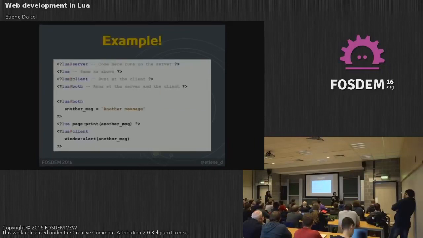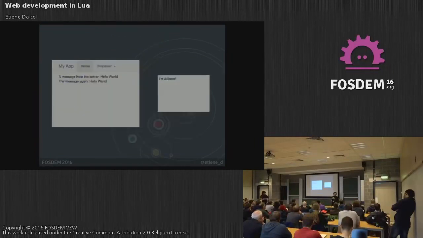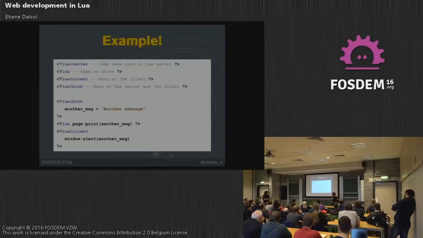Well, I do have more examples, but I'm not sure if I'll have the time to go through all of them. I'll give just this one more. So like I said before, in Sailor we have the ability to run code on the server side and to ship it to the browser through a virtual machine. So how is this done exactly?